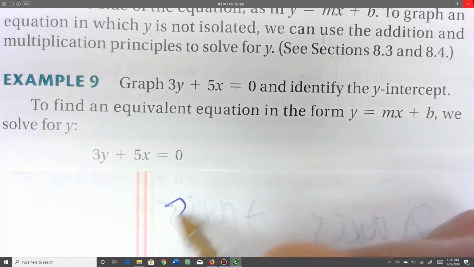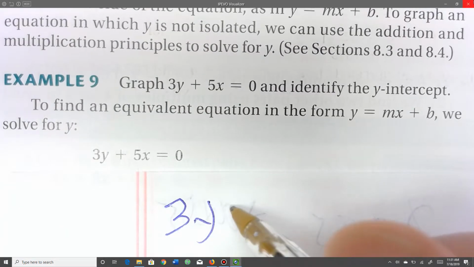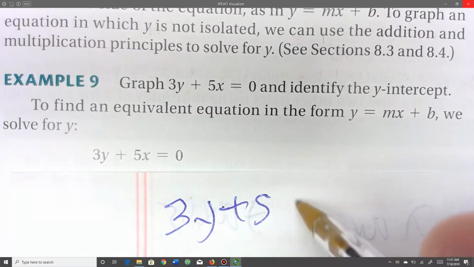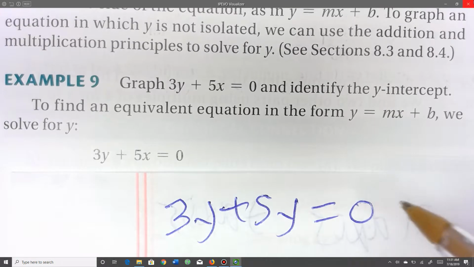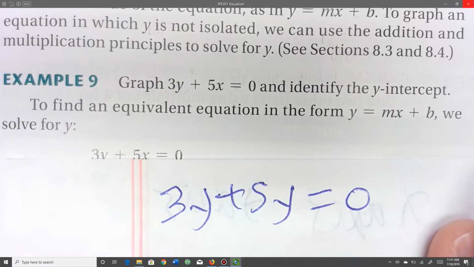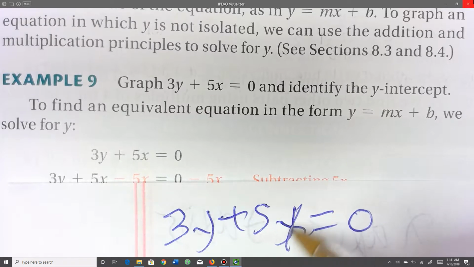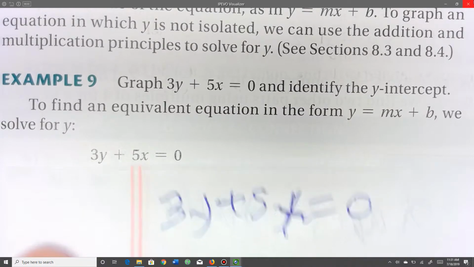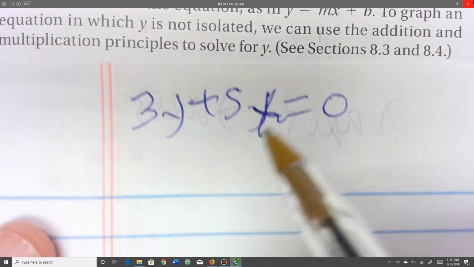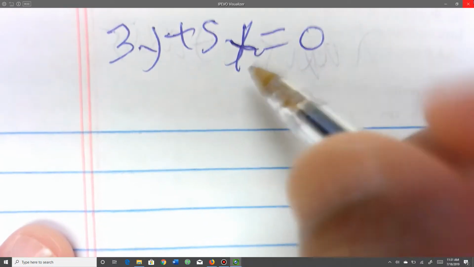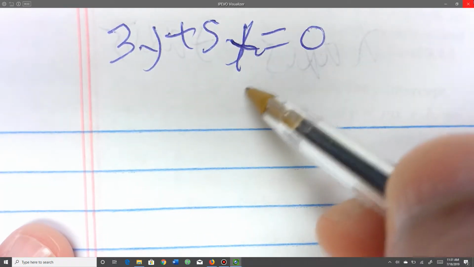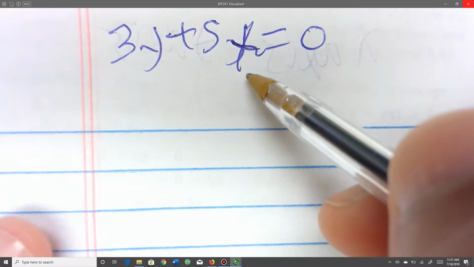So let me just rewrite everything here. 3x plus 5y equals 0, and then just substitute